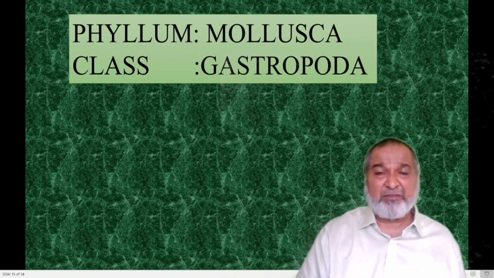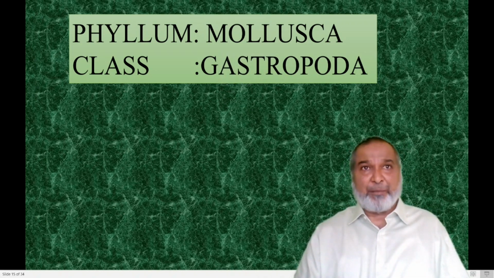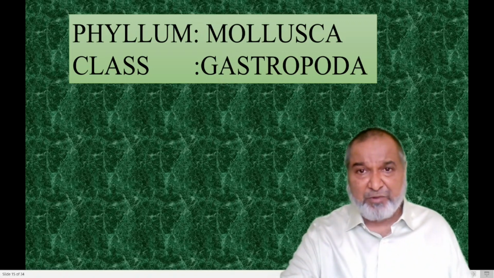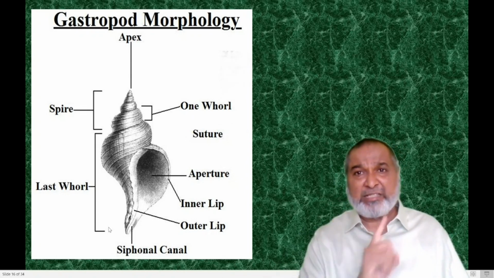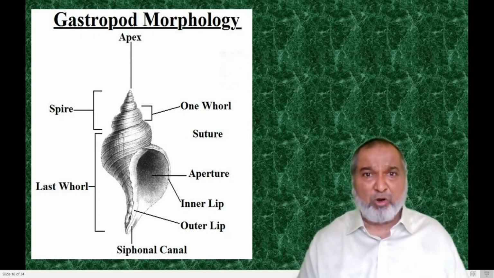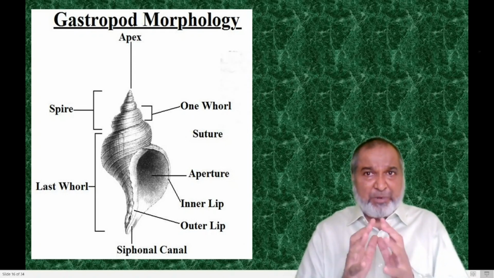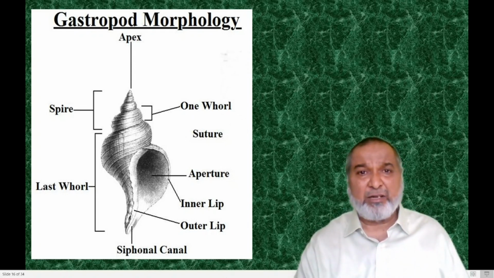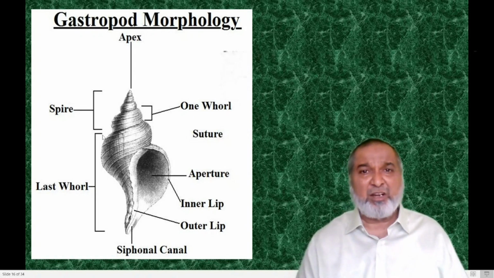The next one is a very important one: phylum Mollusca, class Gastropoda, and it is the coiling. Here the coiling takes place along a single, vertical axis, and this coiling is called a whorl. The body is divided into two parts. The part where the animal lives, where the aperture is, is called the body whorl, from this part to this end.